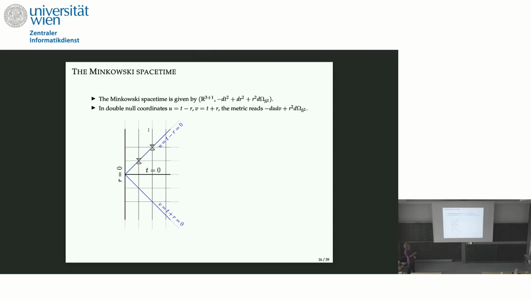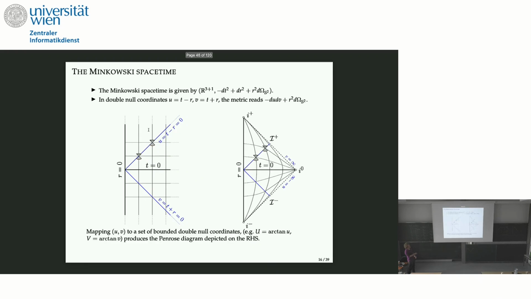And of course, in these coordinates, the metric takes this form, and you can just map these double null coordinates to a set of bounded double null coordinates, which produces this Penrose diagram, where future infinity just corresponds to the limit points v equals infinity, and similarly for past infinity. And you can take this picture on the right much more seriously and actually view these boundaries as part of the spacetime by doing a conformal transformation, but this is what ultimately led to Penrose's smooth infinity, but this is not what these pictures require. They're really just mapping a set of unbounded coordinates to a set of bounded coordinates. Okay, this is Minkowski, very good.